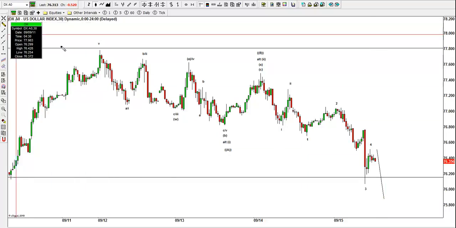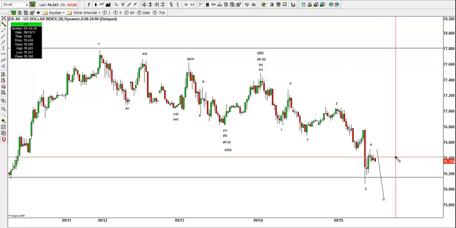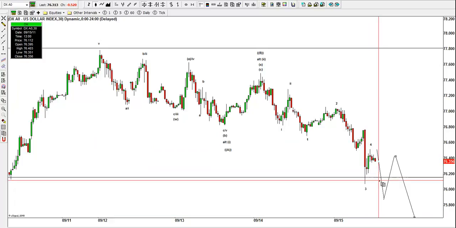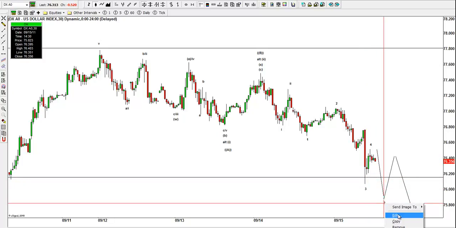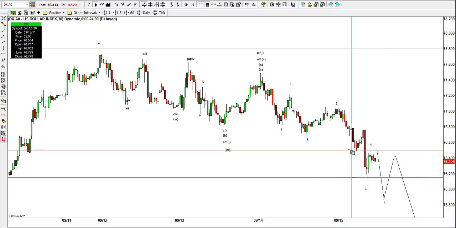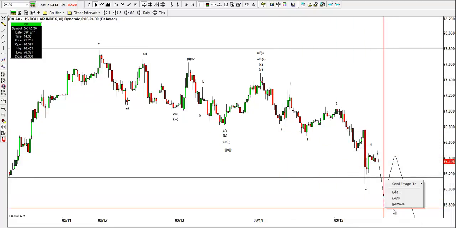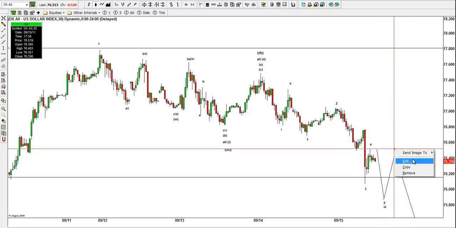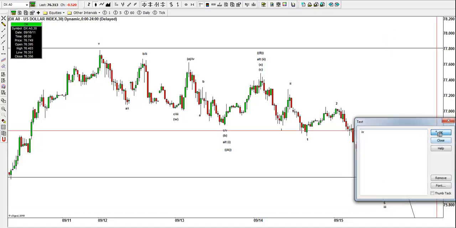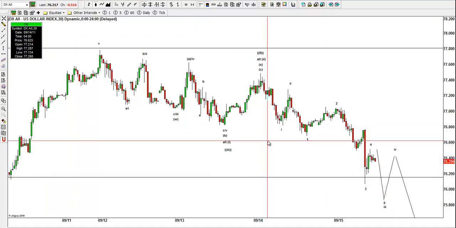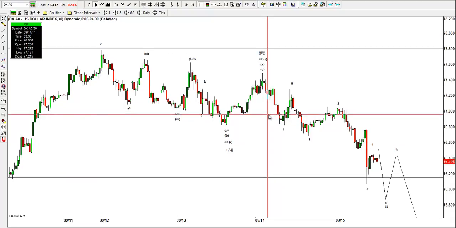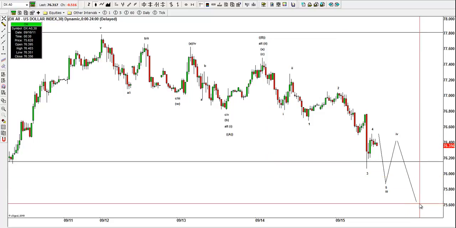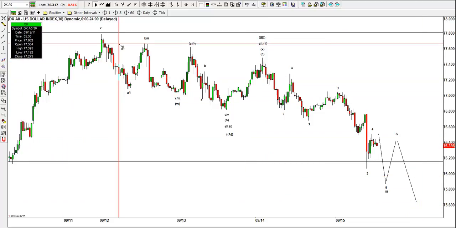Technically, my best guess is that this is what's gonna happen. It's gonna bounce here and it's gonna make another low, and then that's gonna complete the 2 legs. This is gonna get 5 right here, which is gonna be 3, and then this is gonna be 4, and then if we move out the chart a little bit right here, what's gonna happen is that it's gonna end around 75 and something,